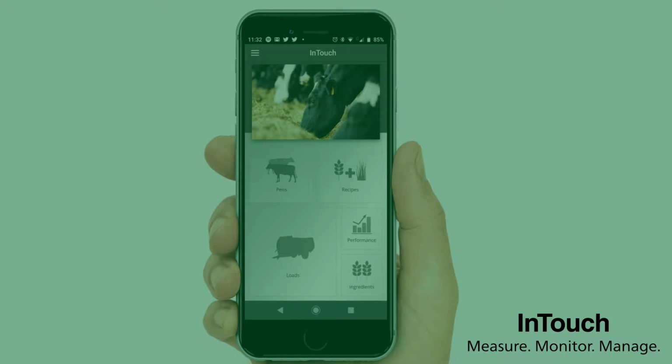A batch is a sort of relationship between a recipe and a number of pens. Previous to this, a recipe would have been made up for a certain number of animals of a certain size, and that recipe is just sent to the box and you feed whatever group or pen of animals you want with that. The change now, and what the batch allows, is that you make a recipe for one single animal of a certain weight, for example, but that one recipe is then attached to any number of pens, and it gets multiplied by the number of animals in those pens.